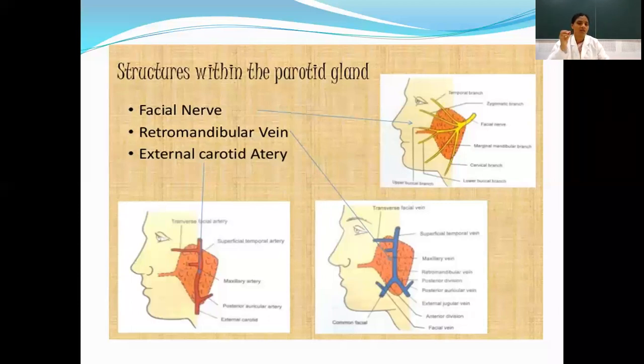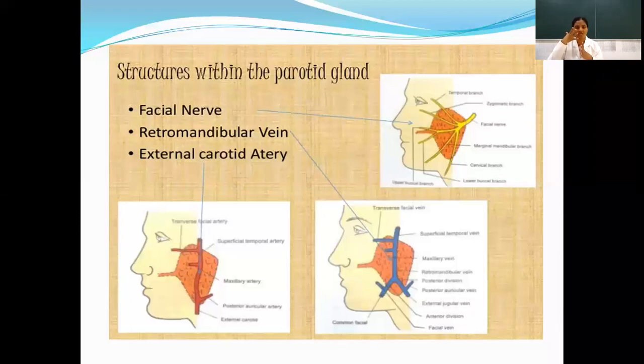And what is the emergence of this facial nerve? The stylomastoid foramen. Once it passes through the stylomastoid foramen, immediately it provides 3 important branches. The posterior auricular branch goes behind the ear, where it supplies the occipital belly of the occipitofrontalis. Then the nerve to stylohyoid, and the third branch is the auricular branch. So these 3 branches it gives off first. After that, it pierces the parotid gland and enters the interior of the parotid, where it divides into terminal branches.